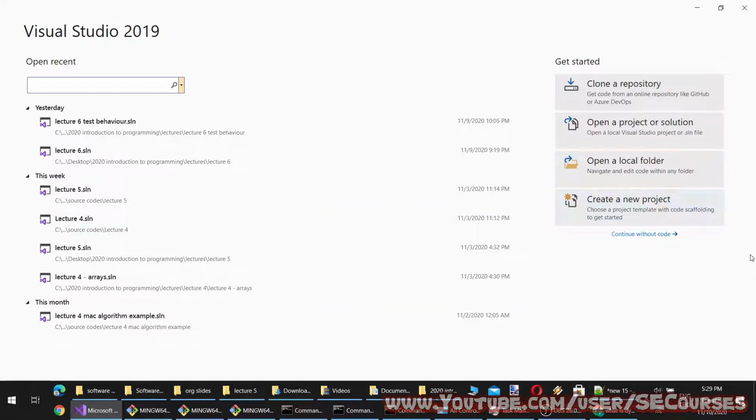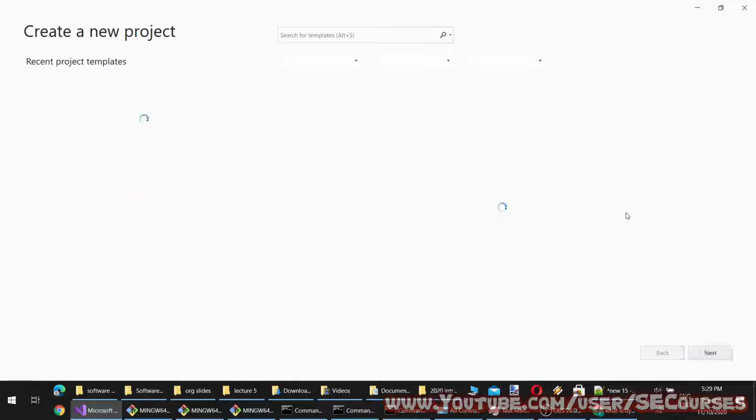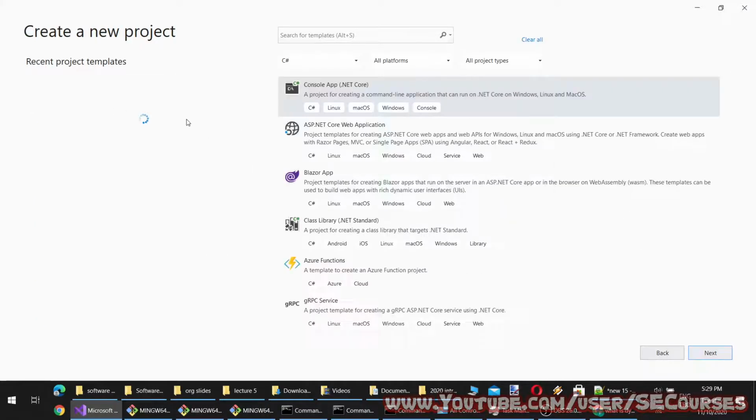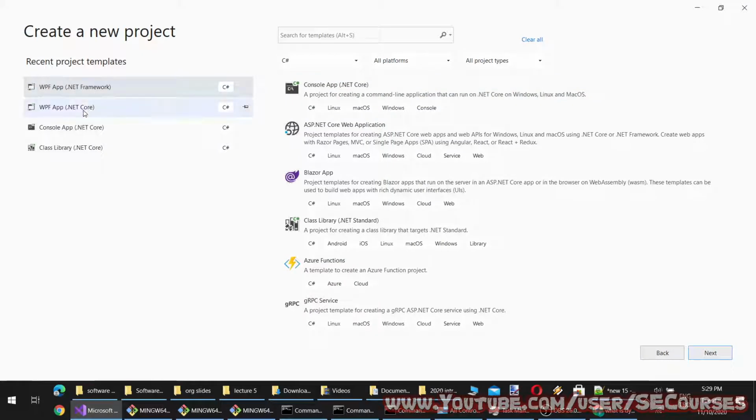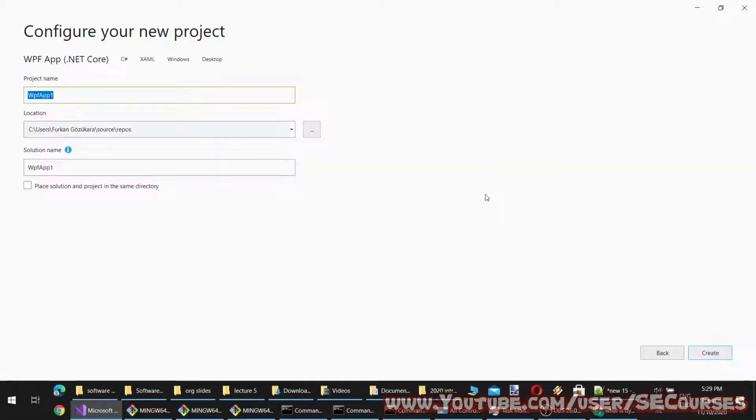So let's start our lecture with composing a new project. I'm going to compose a WPF project within .NET Core framework. I am selecting it from my recent list. You can also select it from here.